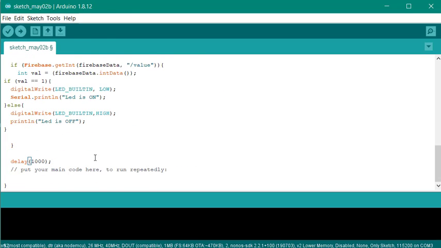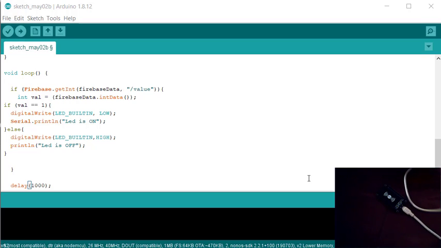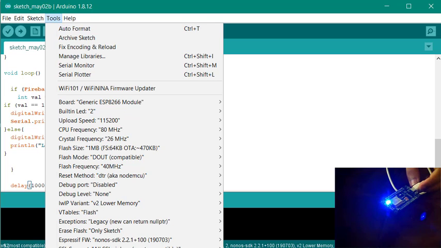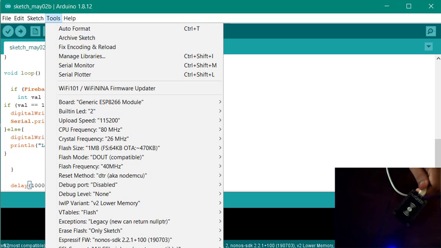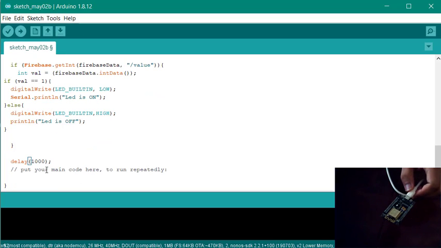So all set. Now you need to connect your NodeMCU. As you can see, I am connecting my NodeMCU to the serial port of my laptop. So it is connected. After connecting this, go to the tools and set up the port. In my case this is COM3, so I am setting up this COM3. Don't forget to set up the port, because it is important to send your data to the serial port.